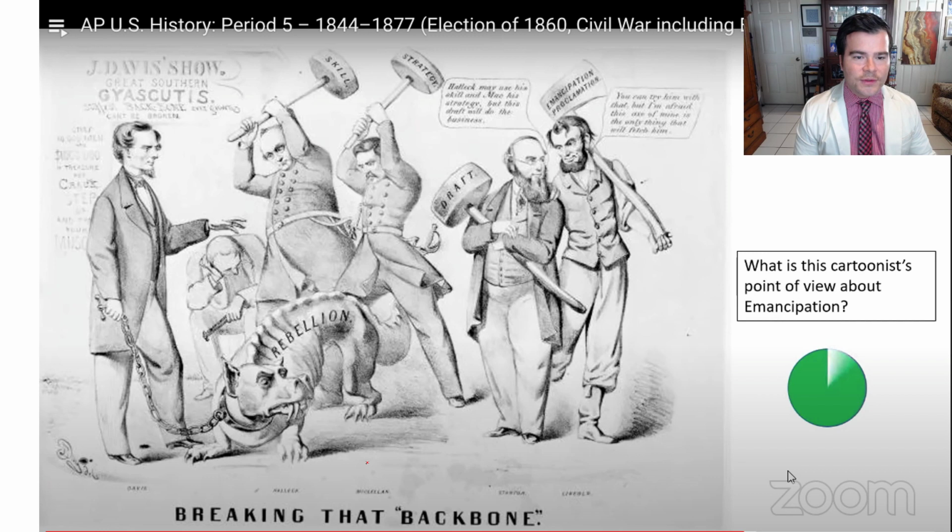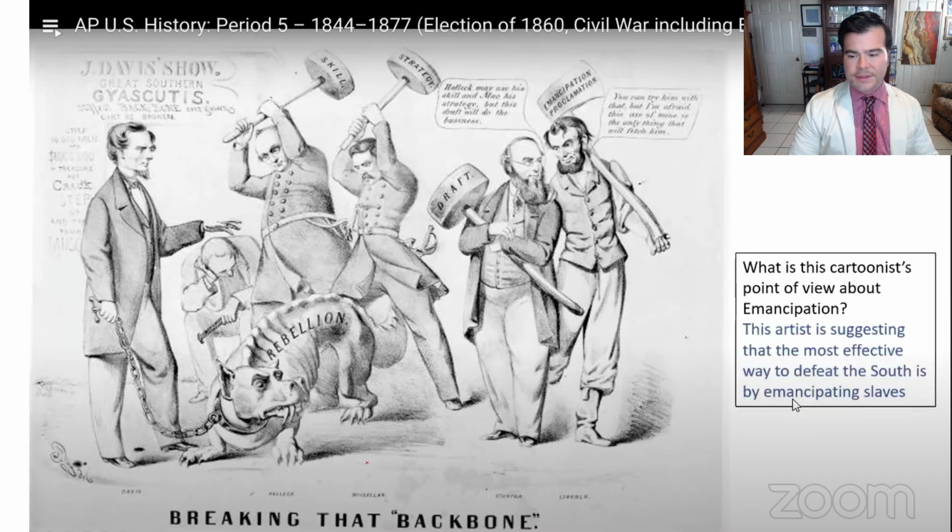You can't really see the words. They're a little... I'll read them for you. Okay, so this artist is suggesting that the most effective way to defeat the South is by